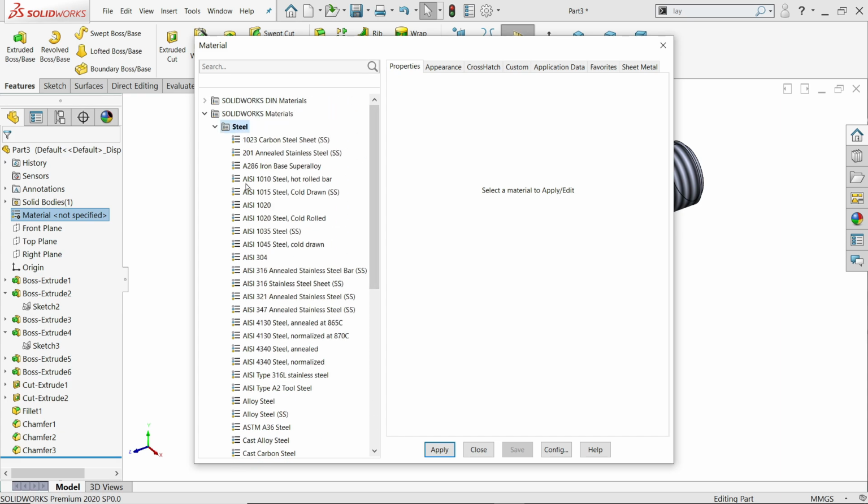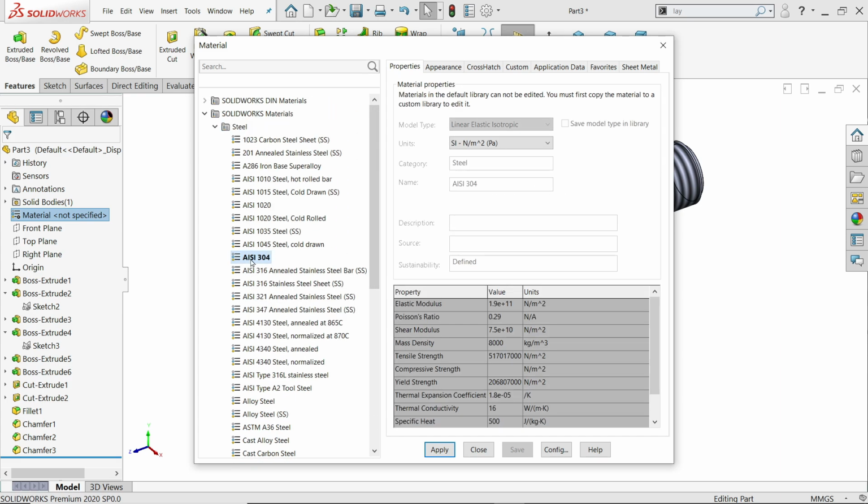So first steel, AISI 304. You will see all the properties of this material here. Say apply, close.